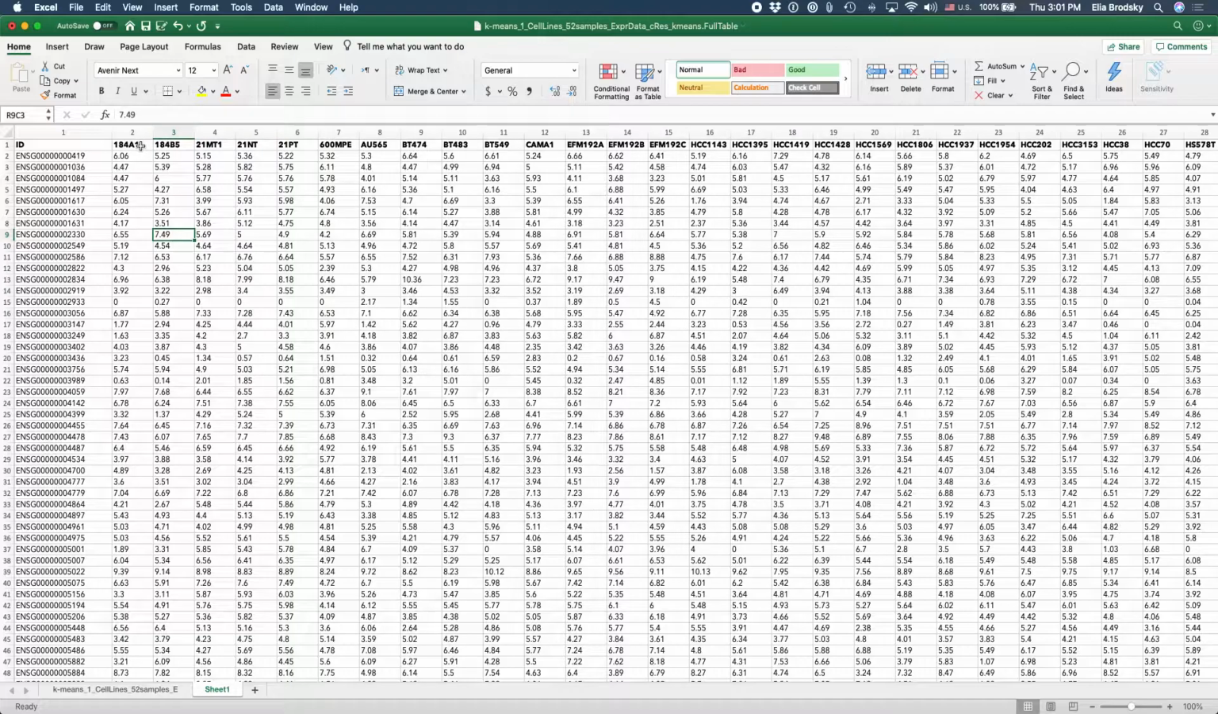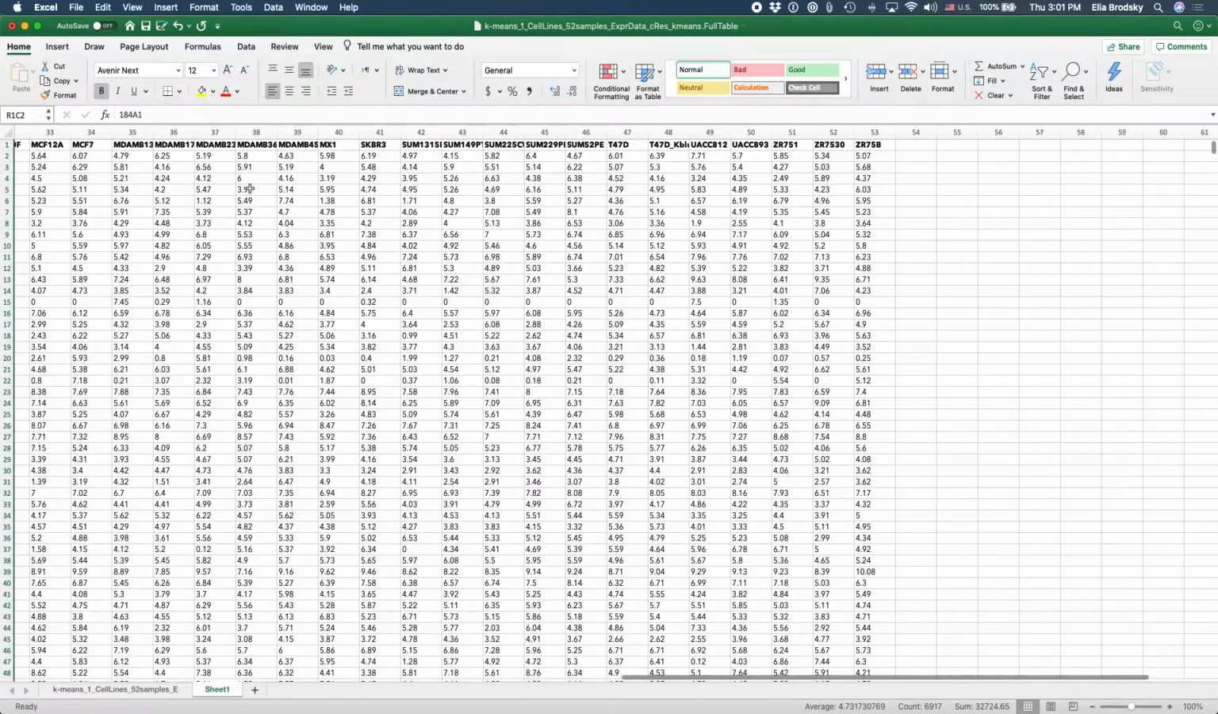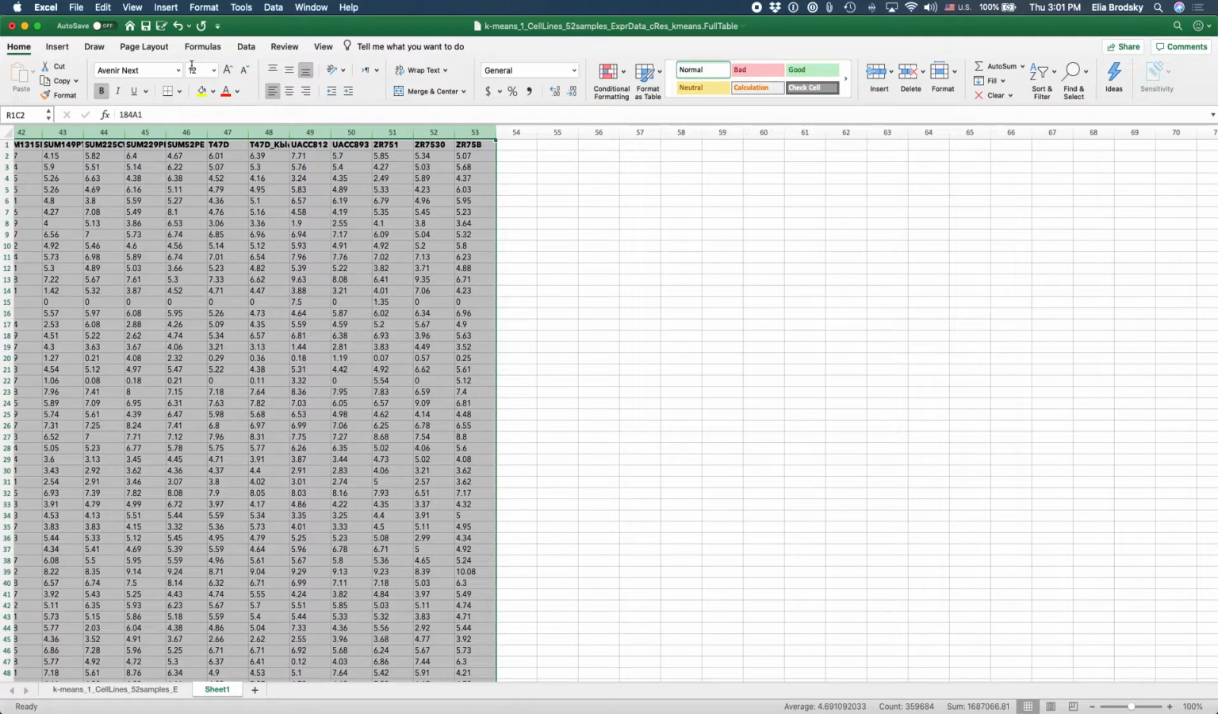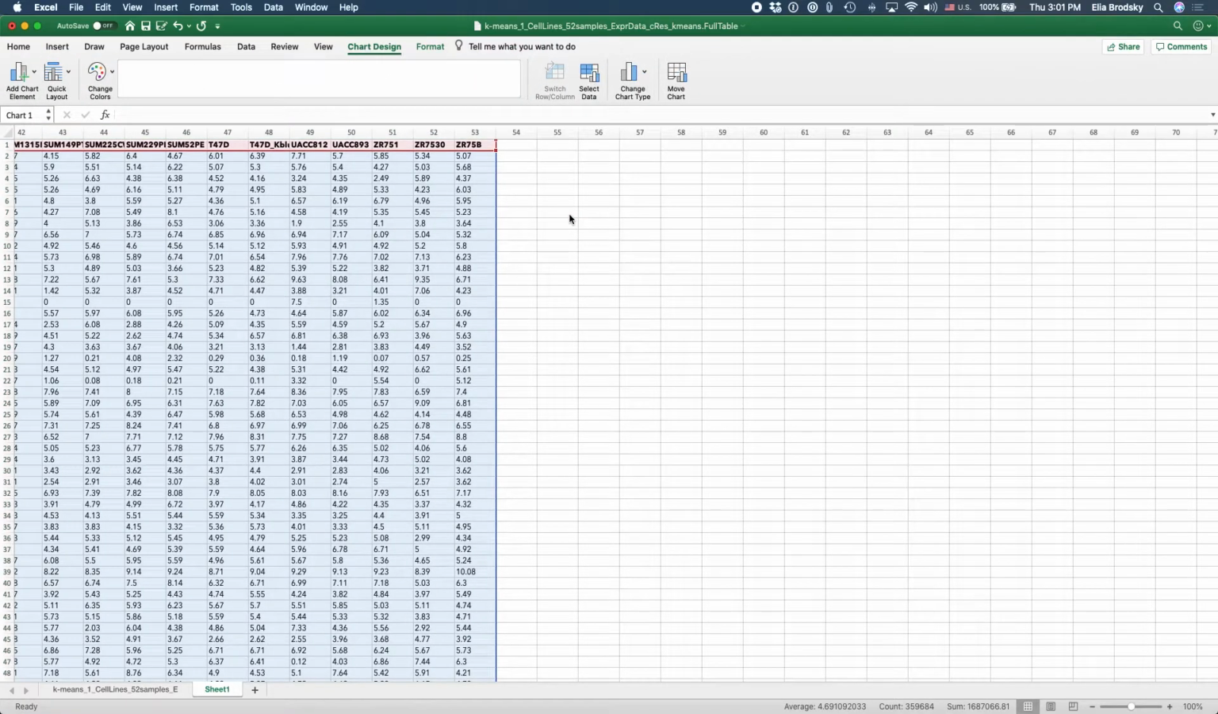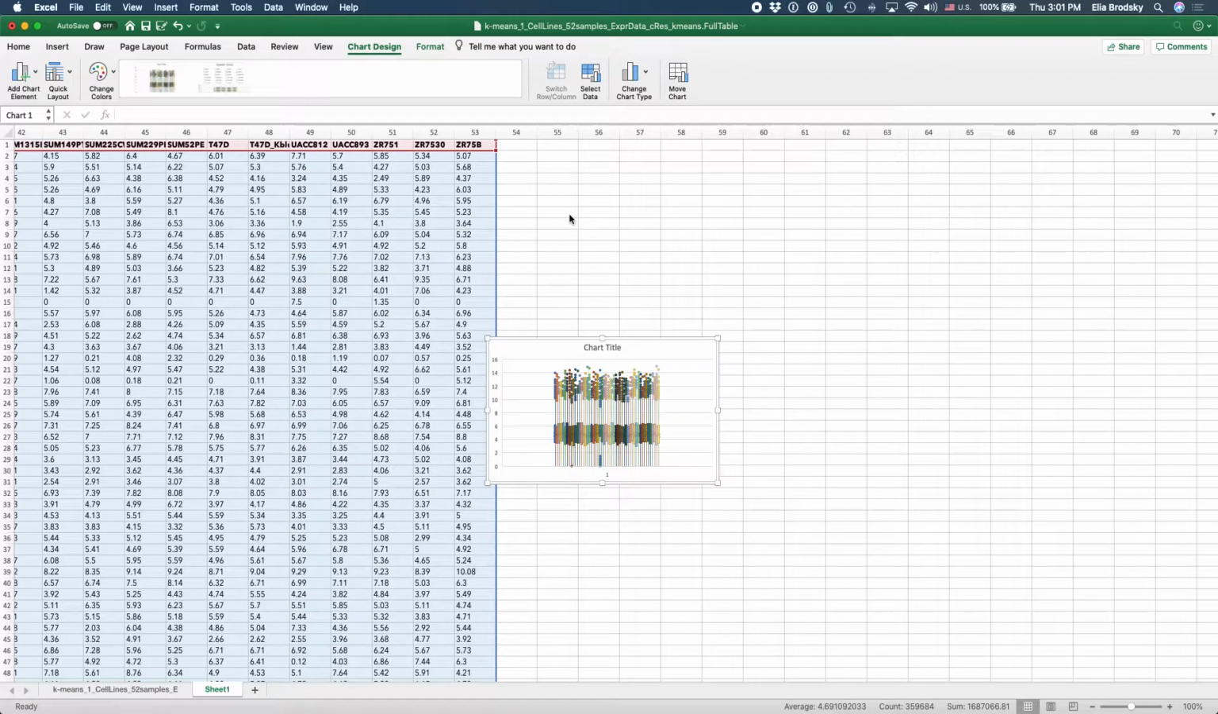So I'm going to select all of my columns just like this, go to insert, and here I have histograms or box and whisker. So I'm just going to select box and whisker. It's going to take some time because I am adding here 52 samples with over 7,000 rows, but it is still going to be possible. So here you can see all of my data,